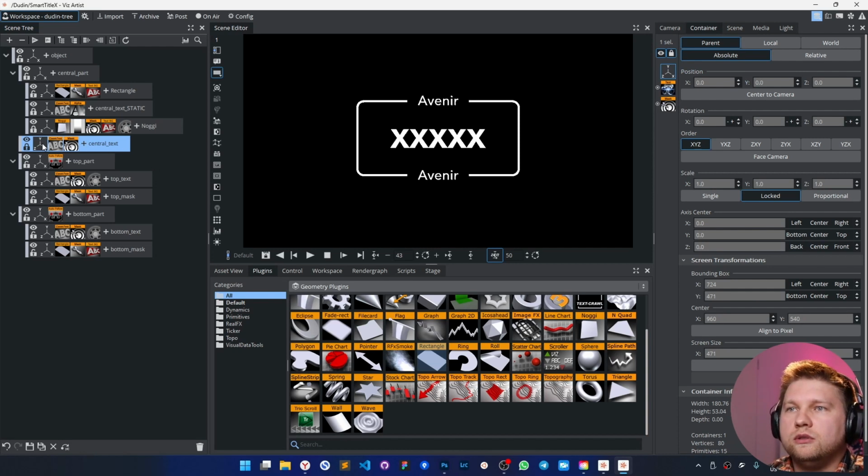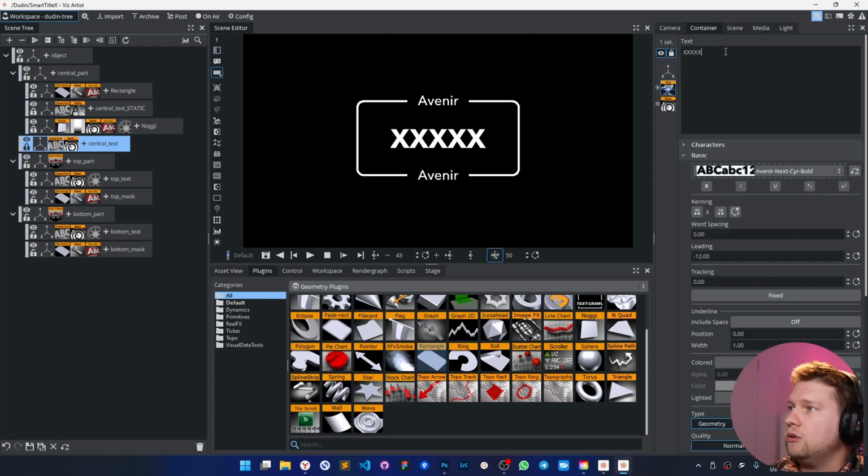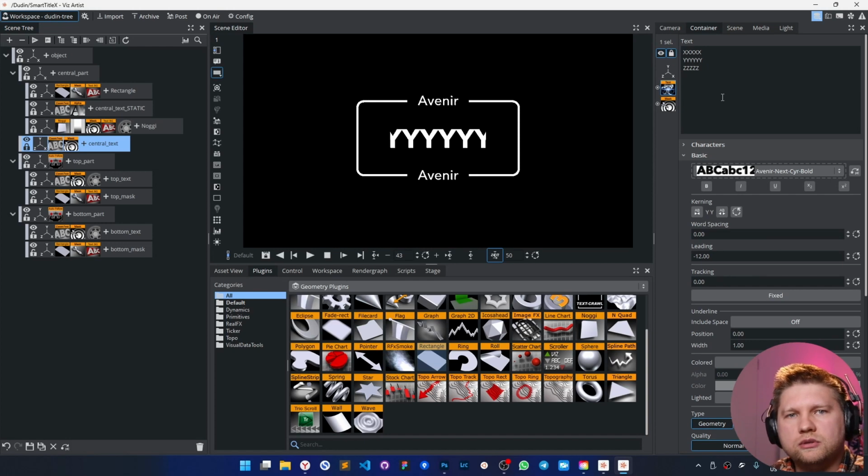And what we have to do, just let's make some animation. And this animation, in this case, should consider how many lines we are going to have maximum. Let's imagine we can have 3 of them. So let's add some text. And oh my God, we forgot about the synchronization between these two elements.